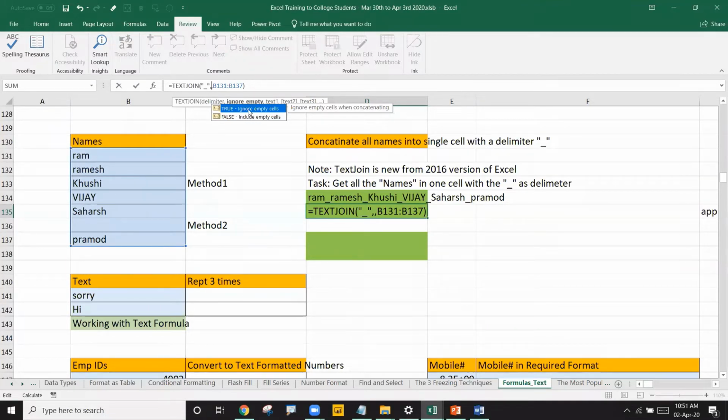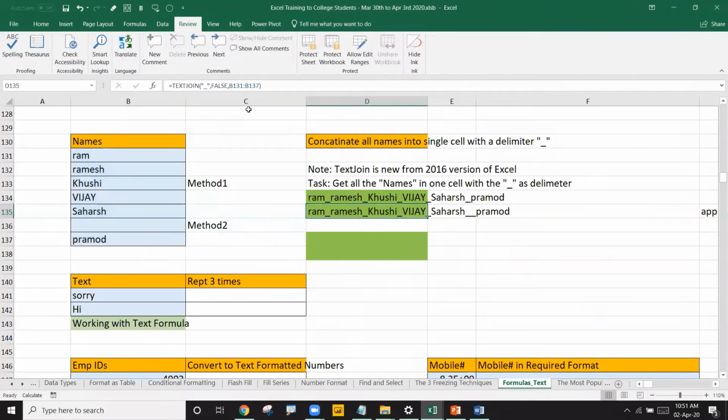Whereas if I say TRUE, please ignore the empty cells. That's what it means. Is that clear? Yeah. Great.